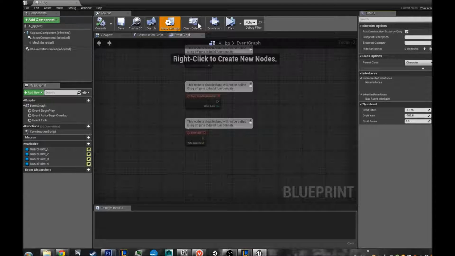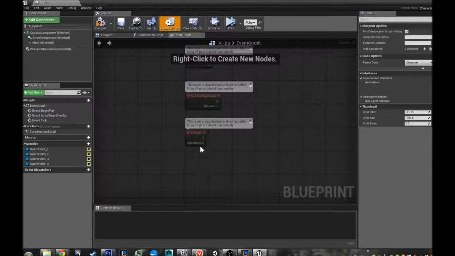Under class settings, it's going to immediately bring up this place where it says interfaces. Now we just made an interface. We're going to want to add our interface to this one. So AI interface. One thing of note that's kind of important is you don't need to set the interface where you send it from, but you do need to set the interface where you receive it, if that makes sense. So I'm receiving it in my character blueprint, but I'm sending it from the projectile. I don't need to set it in the projectile, but I do need to set it in the